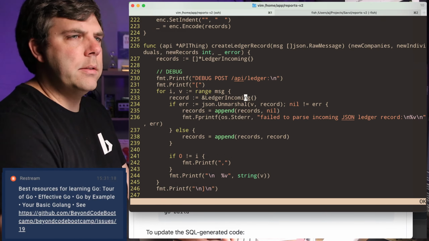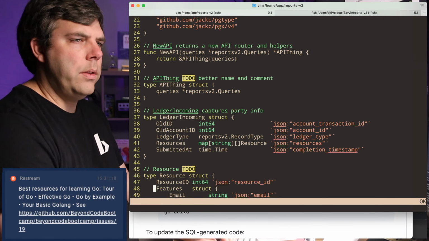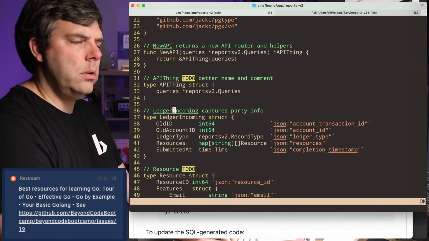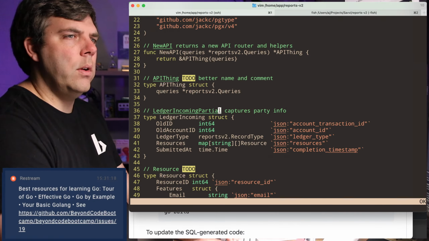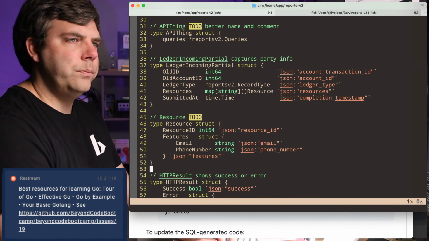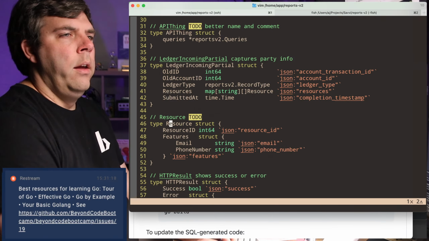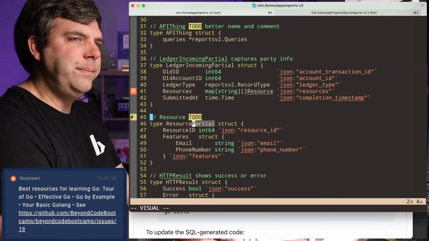So I'm going to rename this from ledger incoming to, I think I'm just going to call it ledger partial. Or we'll give it a really nice beefy long name for now. Ledger incoming partial. And then resource partial.